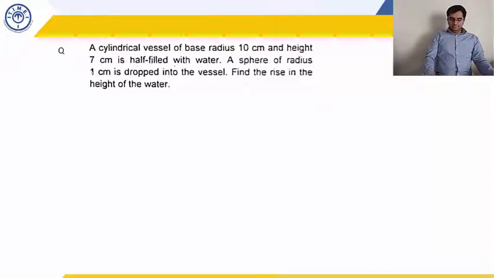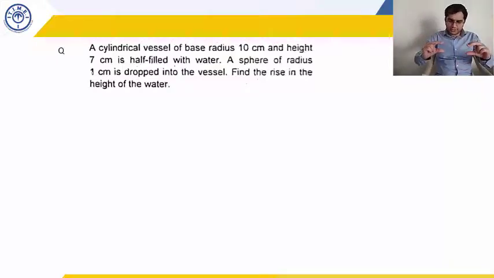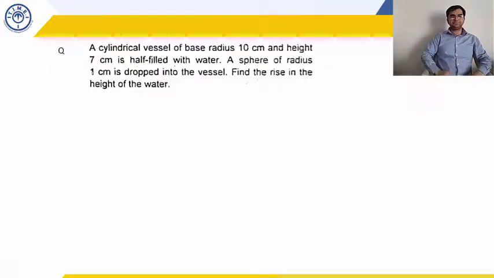Okay, let's solve. Now, you have a cylindrical vessel. You put a ball inside, it goes down to the bottom. The level of the water is going to rise a little bit because of the sphere. And can I say that if there was this much volume inside the vessel, then the rise in the volume is also going to be a cylinder?